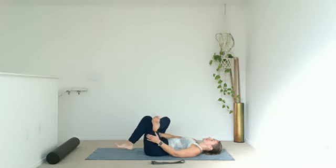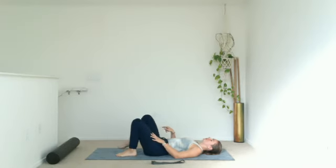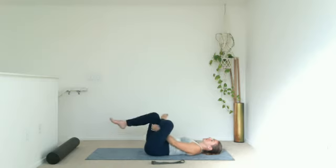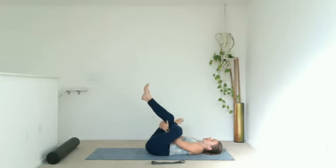Relax. Put your foot down and switch. Uncross the right, cross the left. Guide your knee out. You can stay here and roll ankle circles, or if you're ready for more, then interlace your hands under your right hamstring, kickstand your knee with your left elbow, and then still do the circles in your left ankle for 3,